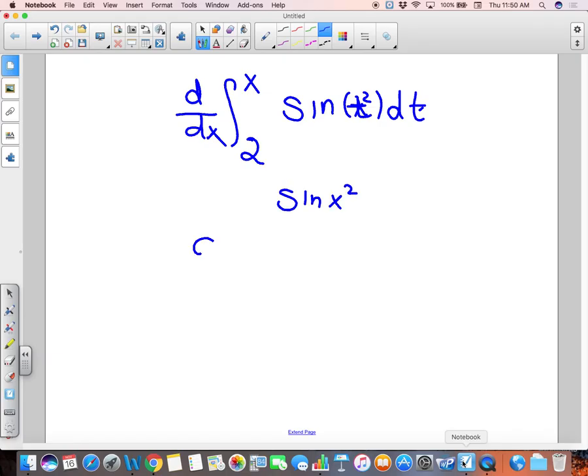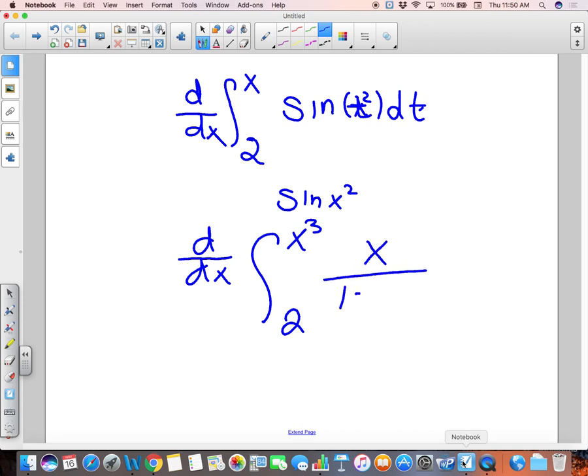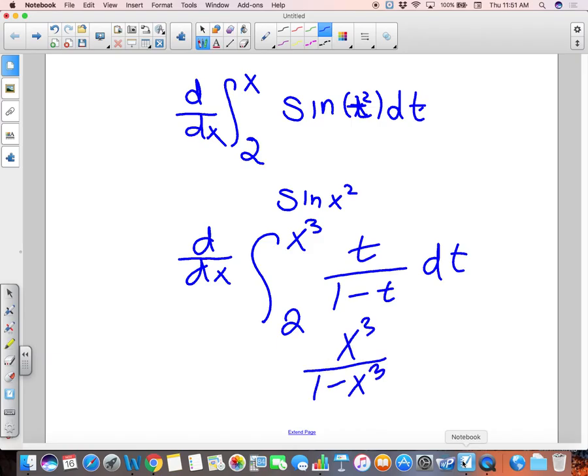Now, when there's a function up there, fundamental theorem of calculus, make up a different function. Let's do x cubed. Let's do t over 1 minus t dt. So you remember what I do here? Just plug it in, and you have to multiply by the derivative of the limit, right? So t is x cubed, so it's x cubed over 1 minus x cubed times